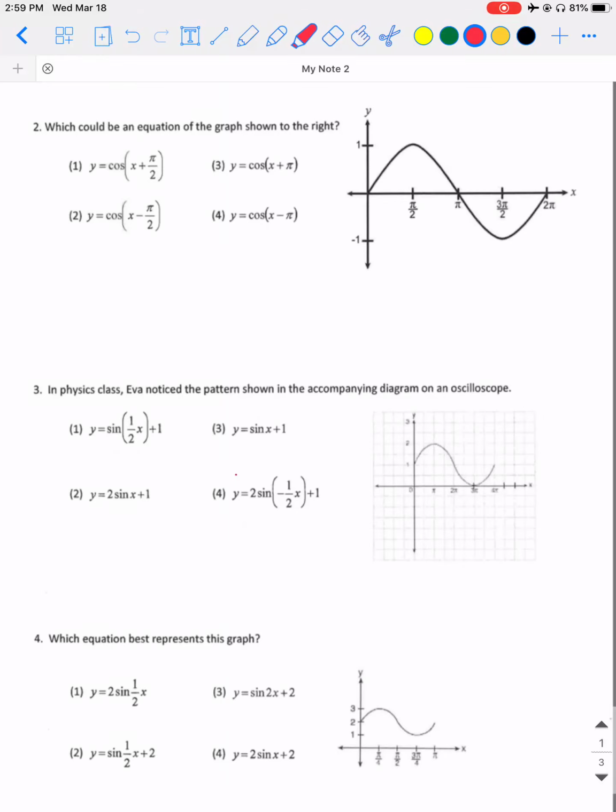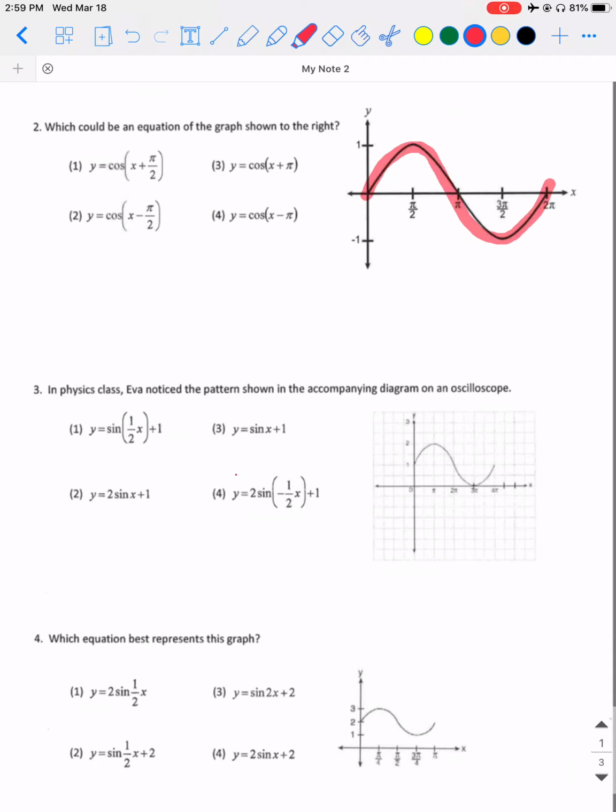Hi guys, this is just a quick little determining the equation given a trig graph video. I just screenshotted these questions from your notes, so these three multiple choice questions are from lesson 10-4 if you want to follow along. This first question, if we just look at the graph given, this looks like our regular